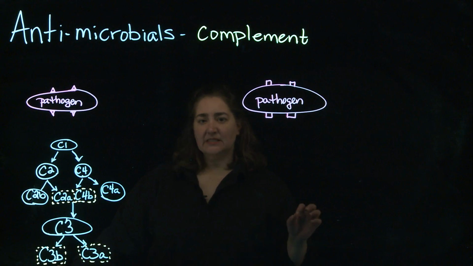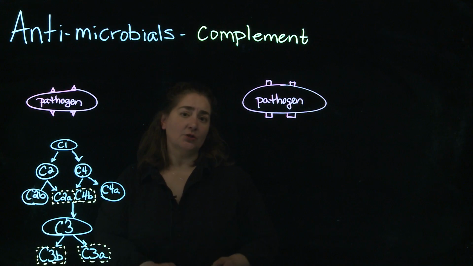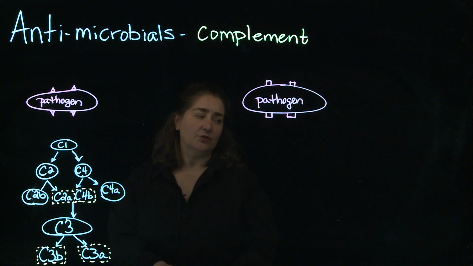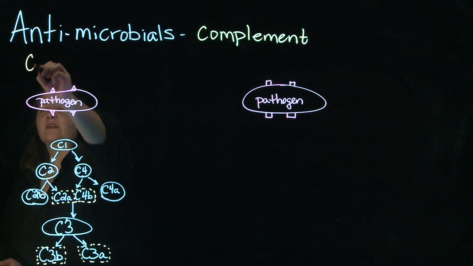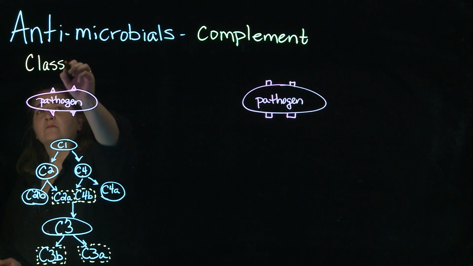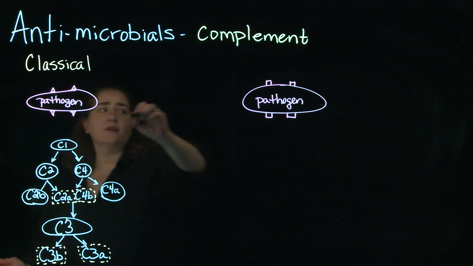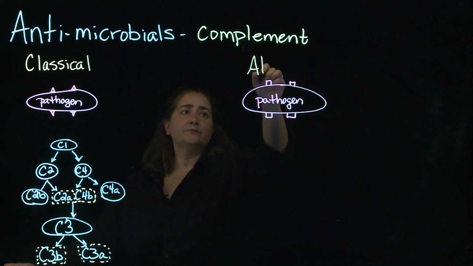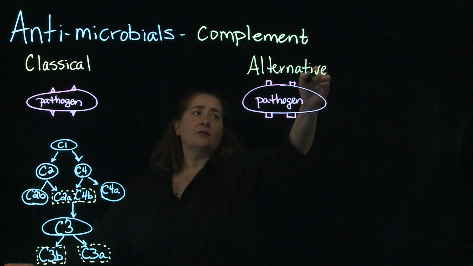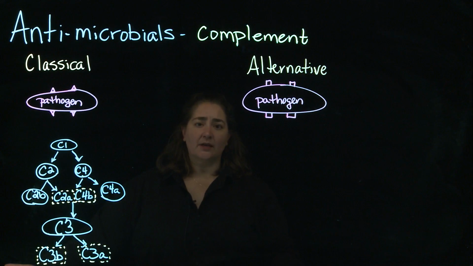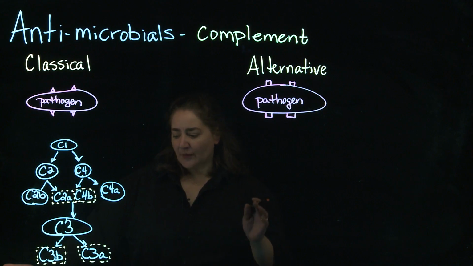With the complement system, there are going to be two main pathways that I want you to focus on. The first is going to be the classical pathway. The second one is alternative. There is a third pathway that I'm not going to have you worry too much about for this course. But in terms of the classical pathway,